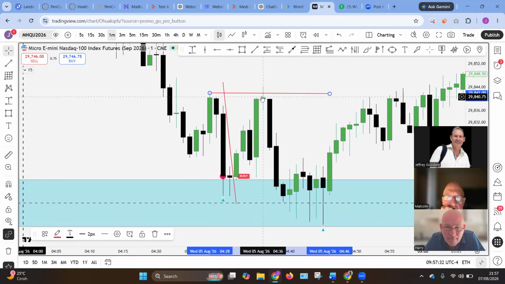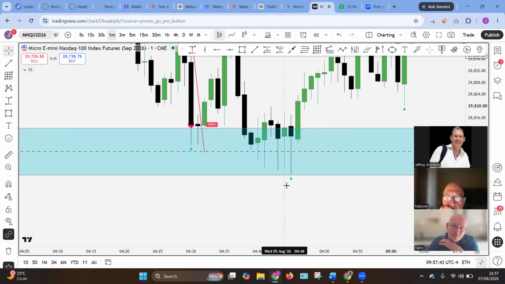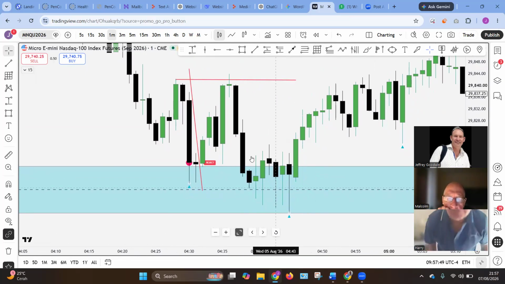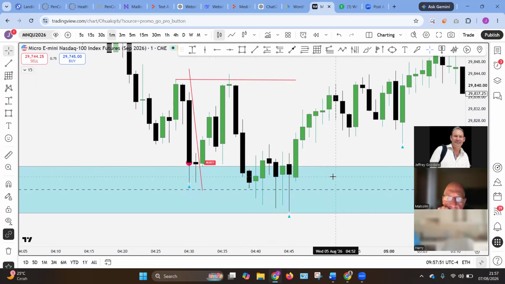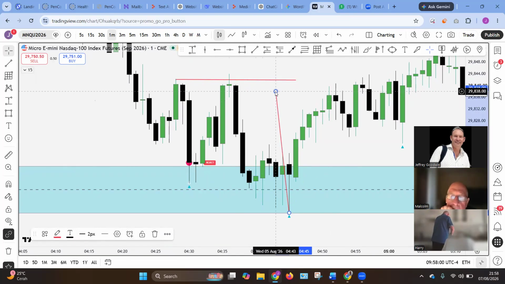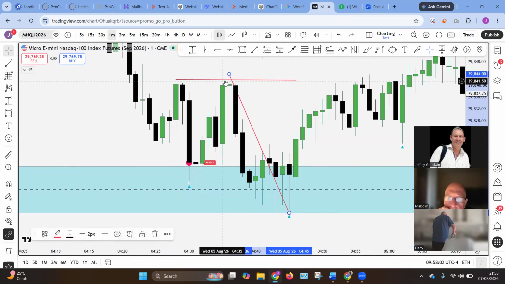It went up. Did the body break through there? No. And then come back down. And guess what we get here? Malcolm, we get another one of these. No buy indicator. Can you tell me how to do what Harry just did there, please? We'll go on the bottom of that wick where the indicator is to the next one. Yeah, that has to go back up there. And that goes up to there.